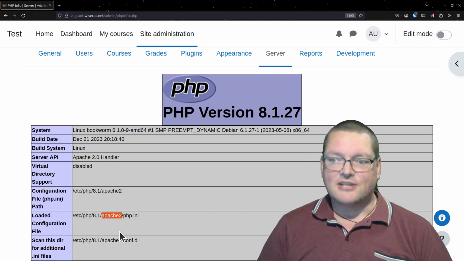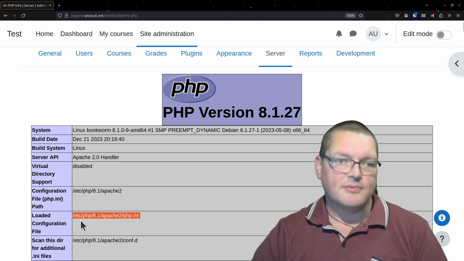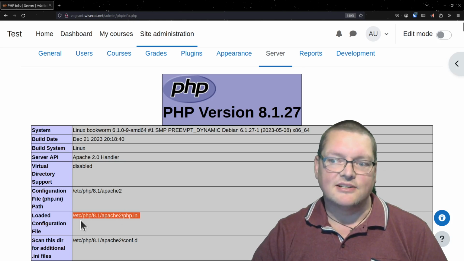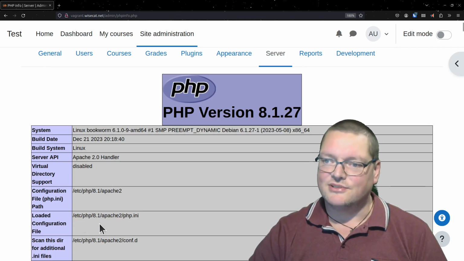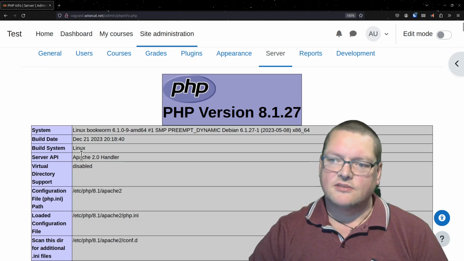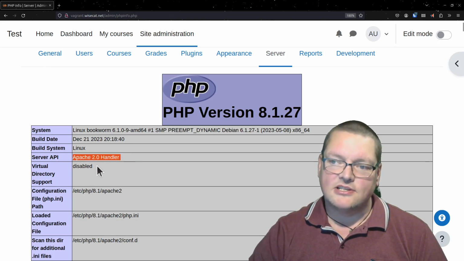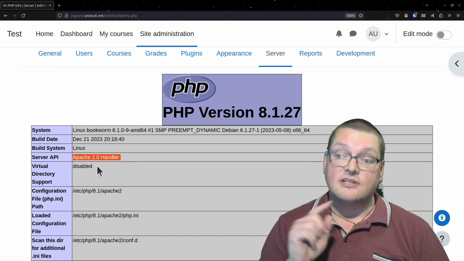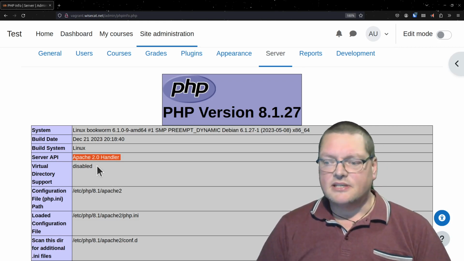If you're using Apache, you really want to just look at the PHP info and find out which file is being loaded. If you can see it here, you can grab it right here, and that's the file that you have to edit to make sure that the 2 megabyte limit is not on. Now, server API also changed because this Apache instance is not using FPM, it's using the Apache 2 handler, which refers to libmodphp,